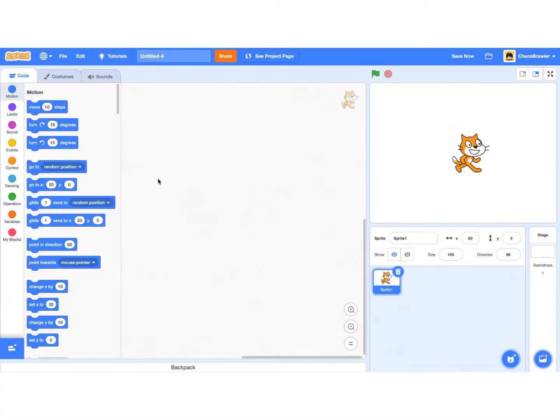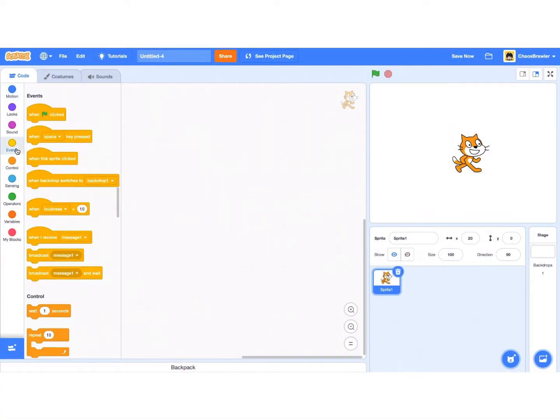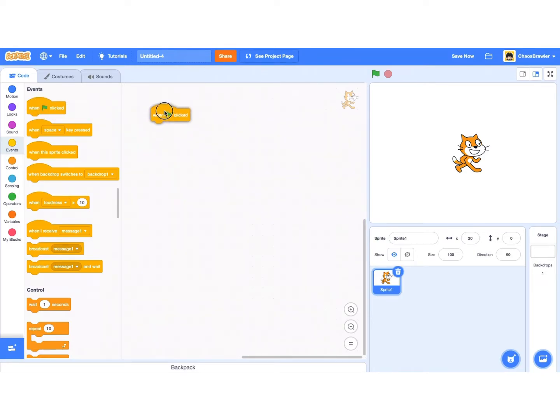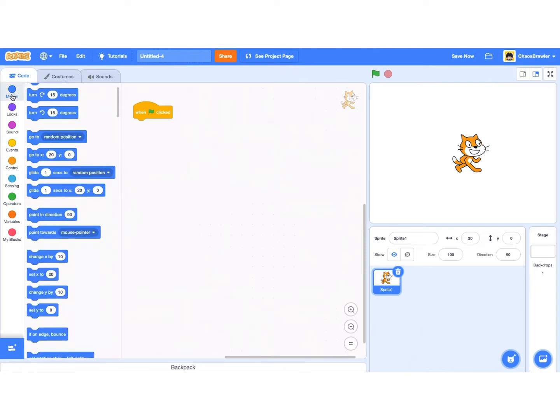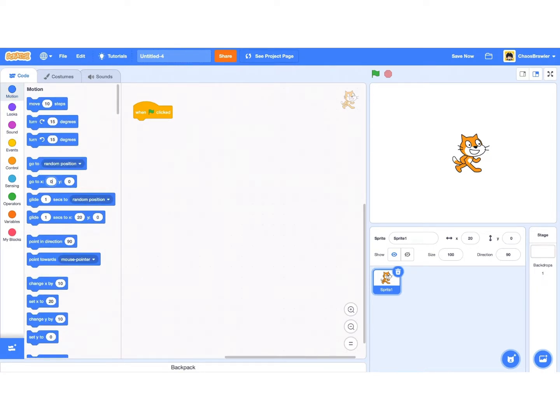Okay guys, now that we're in our project, we always have to start off with a basic when flag clicked block, and you're basically going to want to do that for every animation or game. So we're going to make him start at 0, 0, which is the base position of all sprites, which is like a character, and we're going to name this guy Walking, because he is going to walk